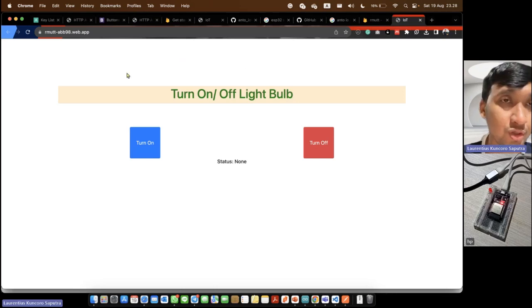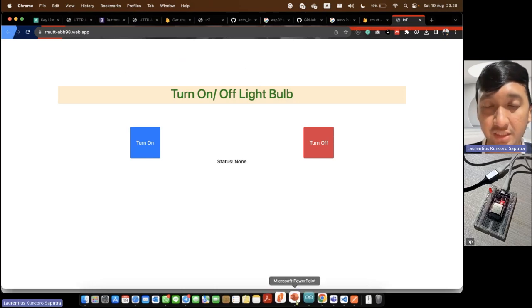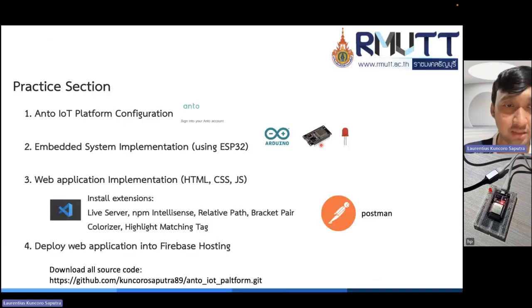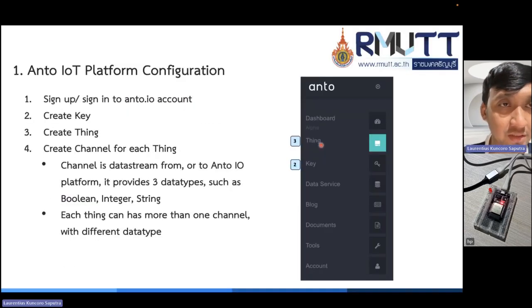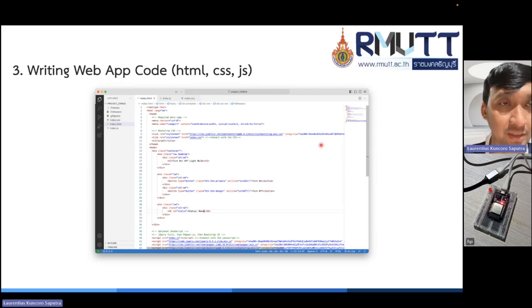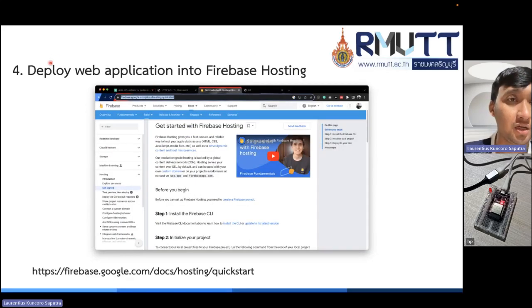Okay, how do we host our web application? We go back to the presentation, in the IoT configuration web application section: how to deploy the web application to Firebase hosting.